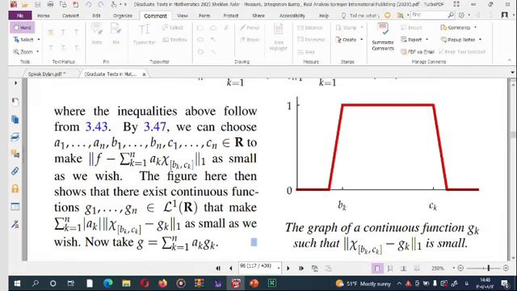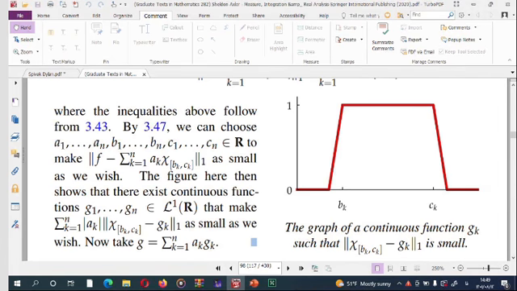Because if we consider this as g_k, okay, this is a continuous function. Okay, if we consider these continuous functions, then in each interval we see that the difference of this function and this function only happen in this. Okay,